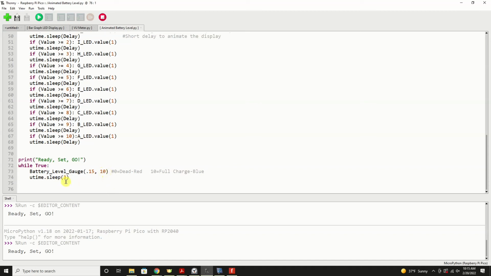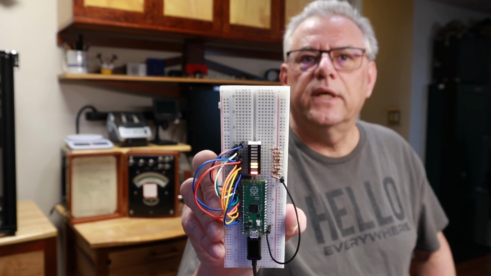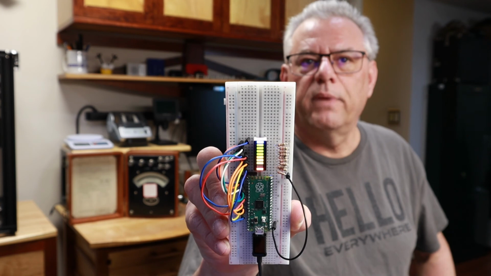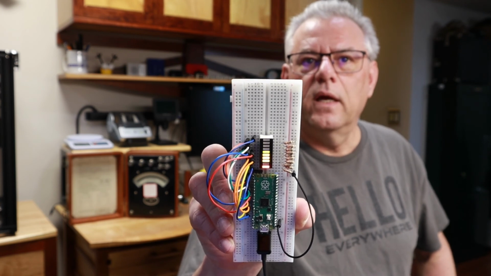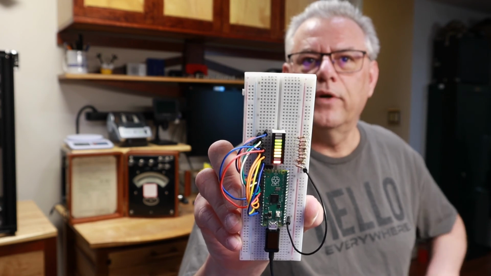And then we'll sleep about 3 seconds, or precisely 3 seconds between the updates. And this is the area where you'd set it to a higher level to slow down that update. It doesn't need to happen every 3 seconds. 5, 10, 20 seconds, something a lot less. Before I wrap this up, I just wanted to give you an opportunity to see it in color. This camera seems to do a little better than the other one. And hopefully you can understand or appreciate how well this very simple device can communicate a quantity or a level,